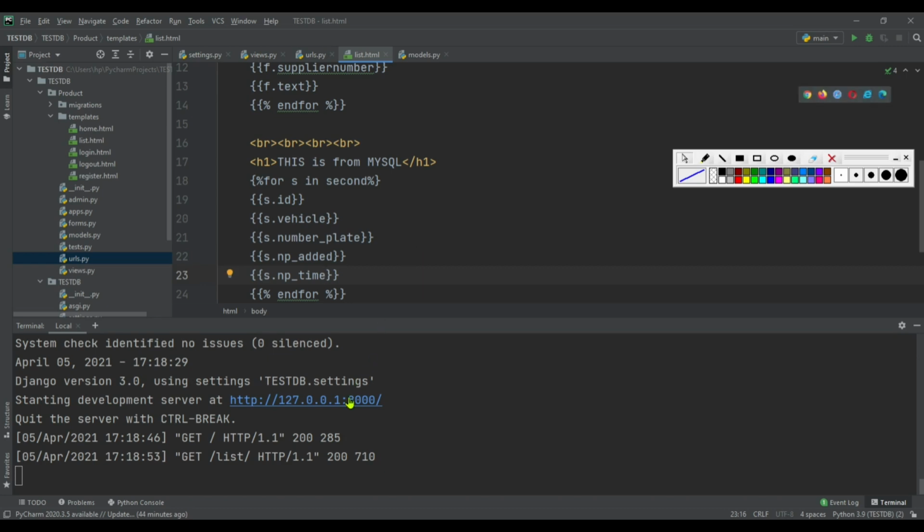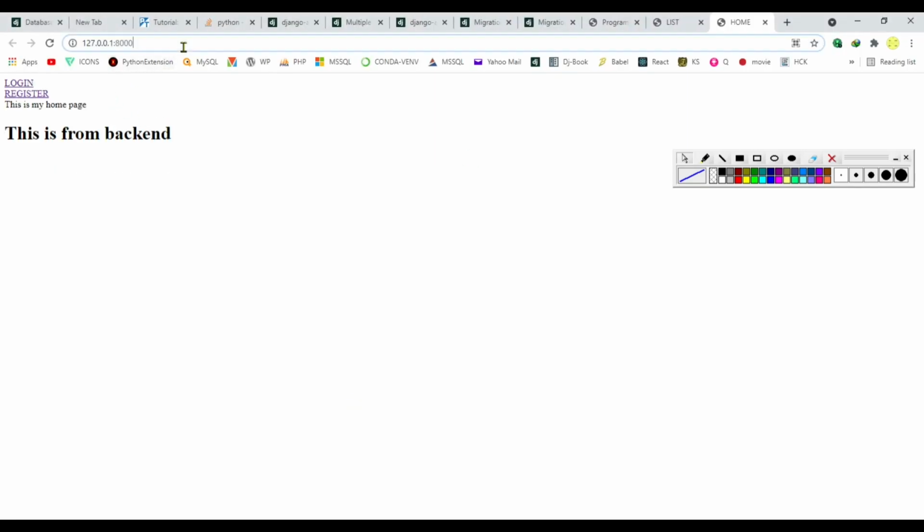Save the file, hit this URL, change this URL slash list.